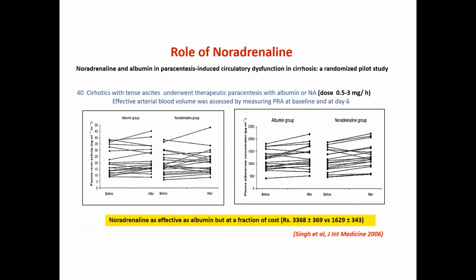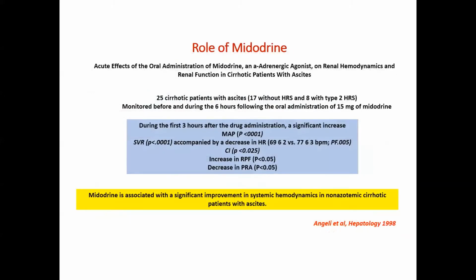However, terlipressin was costly at that time, and we switched over to noradrenaline. In that we compared noradrenaline with albumin for the prevention of PICD, and you can see that also worked, and the PICD prevalence was equal in patients who were receiving noradrenaline. But here, noradrenaline again has to be given intravenously,